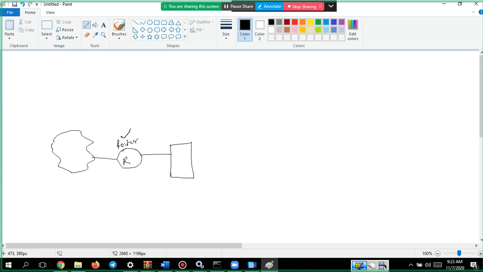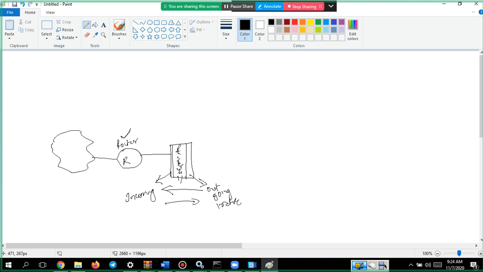Also there is a lot of traffic that is going out. So we should monitor incoming and outgoing traffic using a firewall.